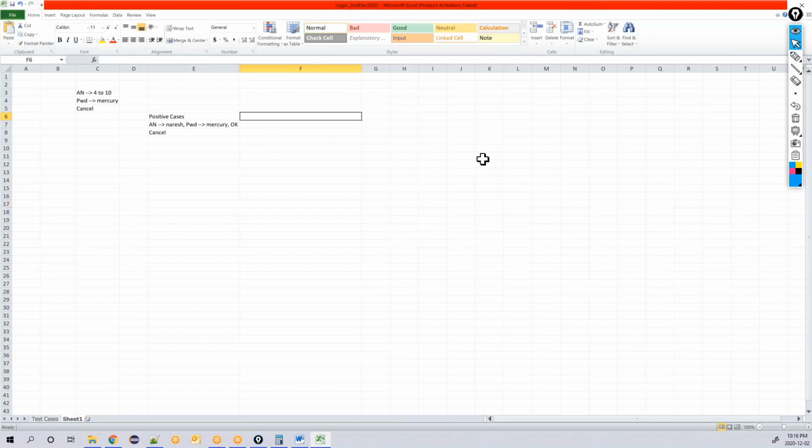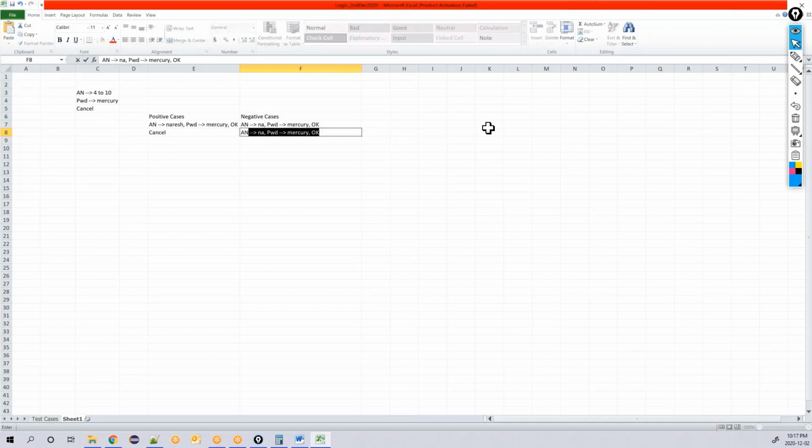Now I want to write the negative cases. So what are negative cases? Now I'll apply equivalence class partition. Agent name, I'm going to enter NA, which is less than 4. Now agent name is wrong, but password I am going to take correct, Mercury, and then click on the OK button.